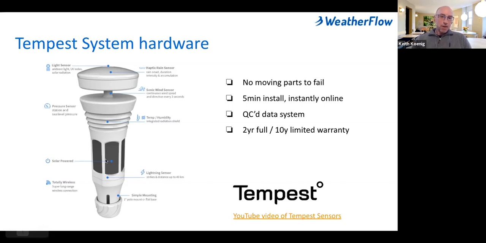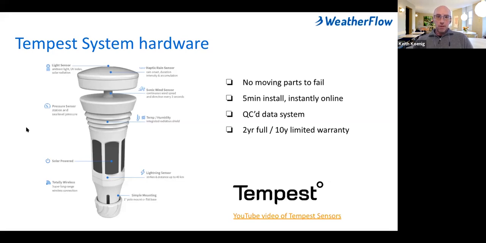As we come down here, the Tempest is self-powered. It has 4 vertically oriented solar panels. They're vertically oriented so that in the winter months, when the sun angle and the sun hours are low, you get a more direct influence of solar input. And during the summer, when you have longer days and higher intensity sun, it still has adequate power to power the onboard battery. The onboard battery is actually a special lithium titanate, or LTO, battery.